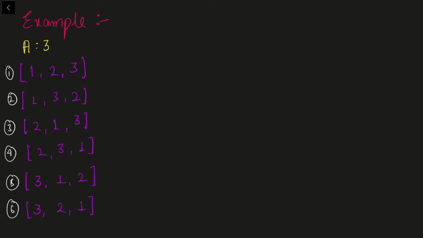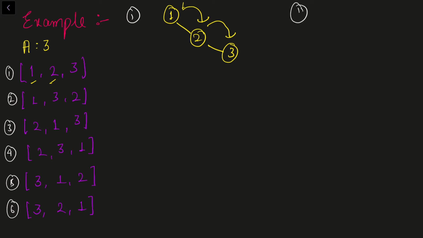So the first binary search tree will be, first we have 1 as the element, then we'll insert 1 here, then we'll have 2. For 2 we know 2 is greater than 1, so it will come to the right of 1. Then for 3 we know that 3 is greater than 2, so it will go like this. From 1, 3 is greater than 1, so it will be on the right of 1. From 2, it is greater than 2, so it will be on the right of 2. So 3 will be here.